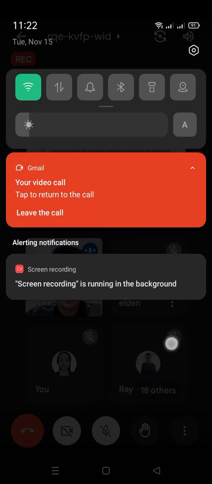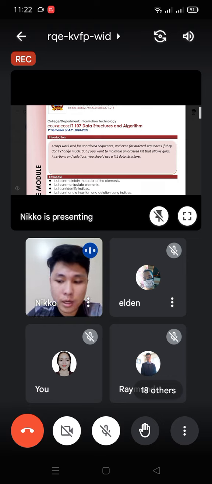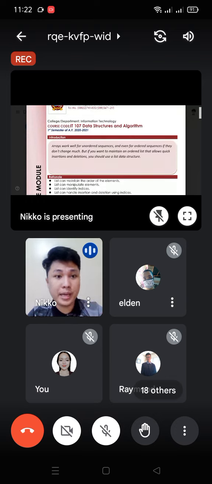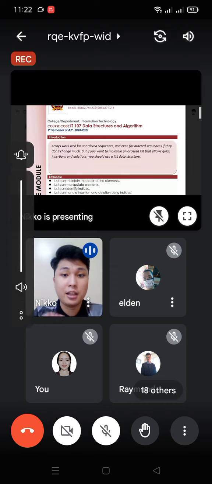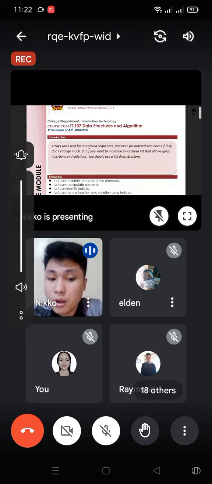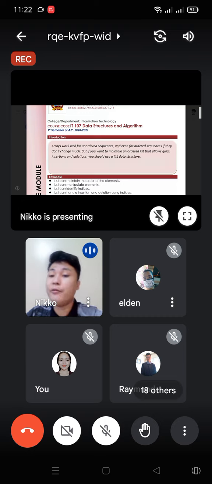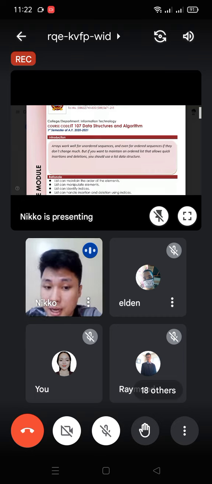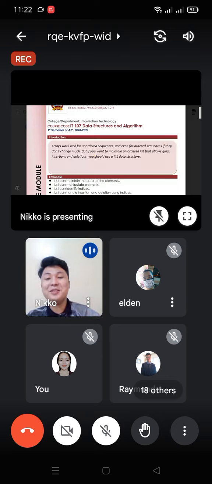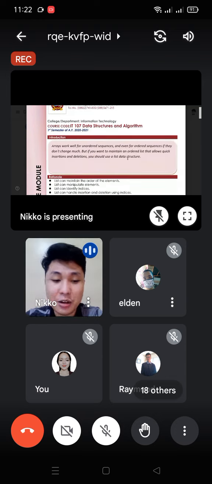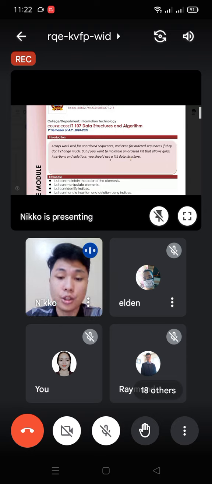So I already discussed arrays before, and the way we use arrays, by using its methods and functions, really gives us an idea of how even the other data structures will work. Array is the base reference for other data structures. Arrays work well for unordered sequences and even for ordered sequences if they don't change much. But if you want to maintain an ordered list that allows quick insertions and deletions, you should use a list